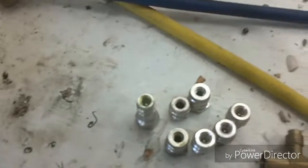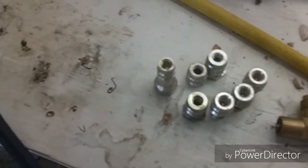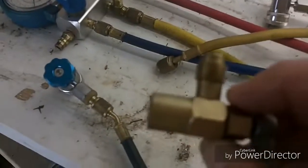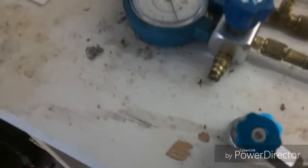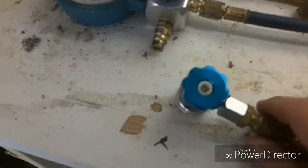And right here is a set of adapters that you can pick up at Walmart, or they come in a kit, like the kit to retrofit or whatever. And then this thing right here is what you hook up to your can that they sell at the parts store. This yellow hose here, when you connect your blue to your low side, which on my Jaguar,